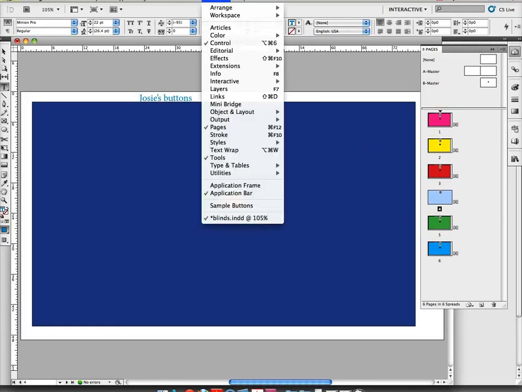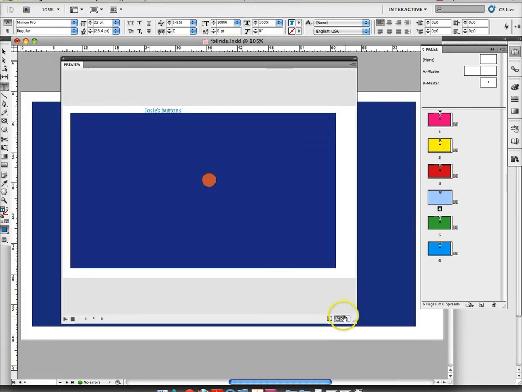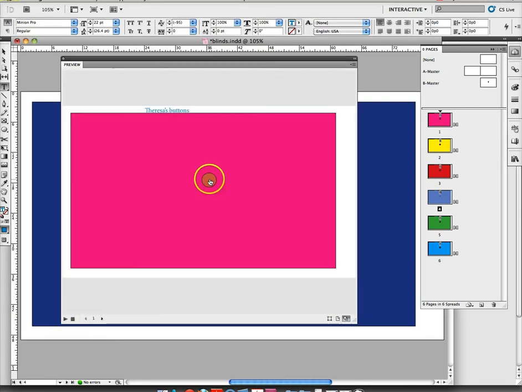And you'll see, again, so now we go to Window, Interactive, Preview. And we're going to go to the whole document. So as we play, let me hit play. Teresa's buttons, Sam's buttons. But it's all in the identical same position. That's the advantage of a master page. It doesn't wiggle around. It's very stationary. So I can change the type, but it doesn't bounce around on the page. Does that help you? Any other questions cross your mind while we're randomly thinking of things? No? Okay. Then